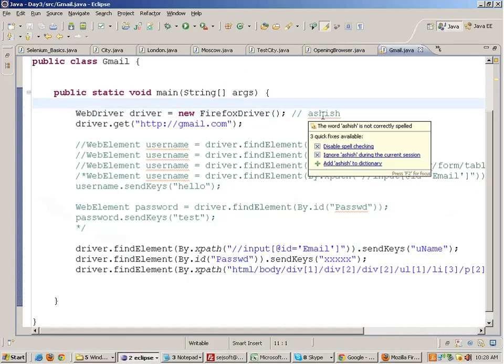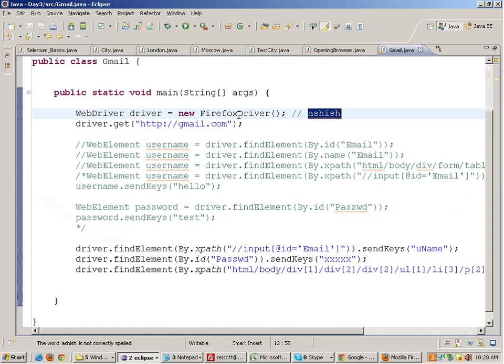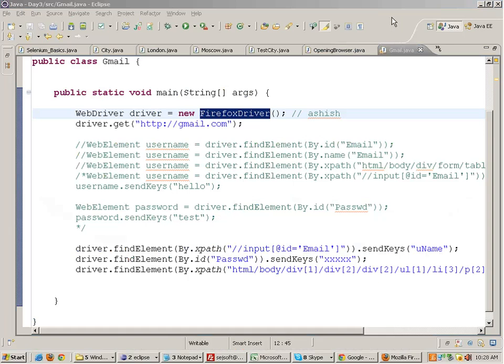So tomorrow I will tell you how to integrate this profile Ashish with the Firefox driver, how to tell Firefox that open